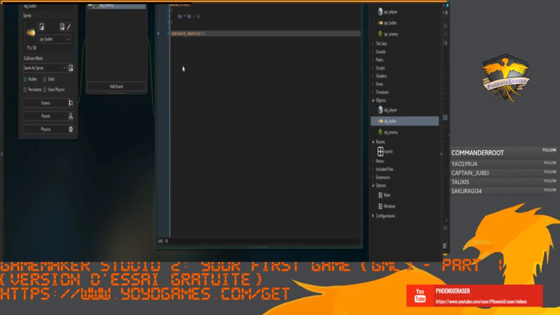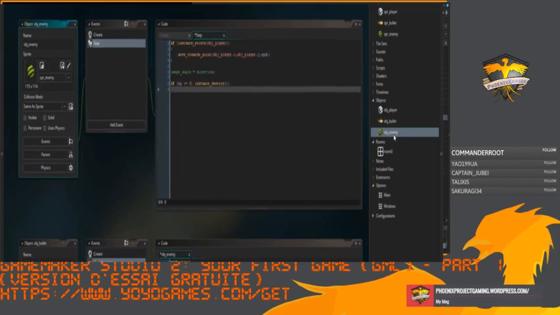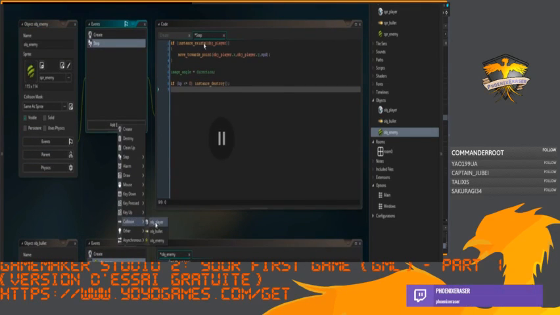And then the very, very last thing we want to do just before we run the game and test this out is go to our enemy object and add the event for a collision with